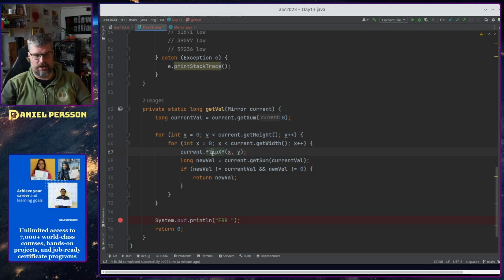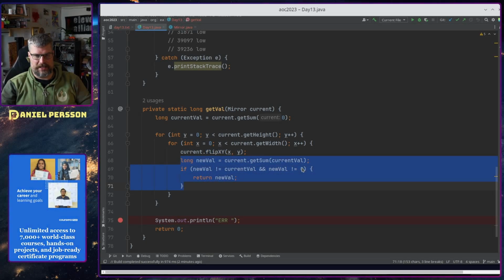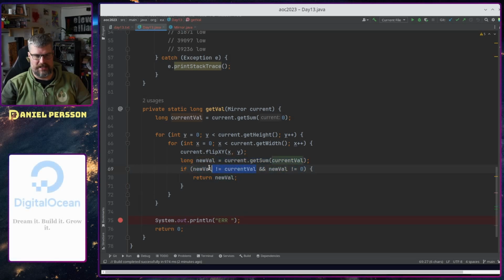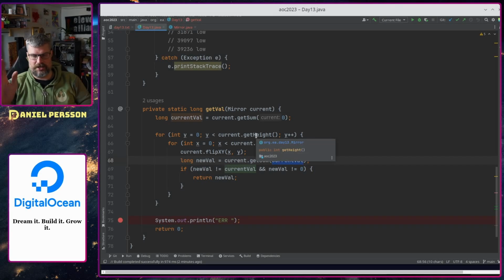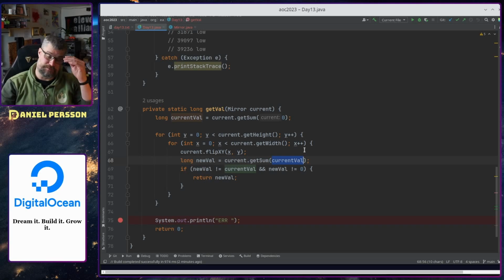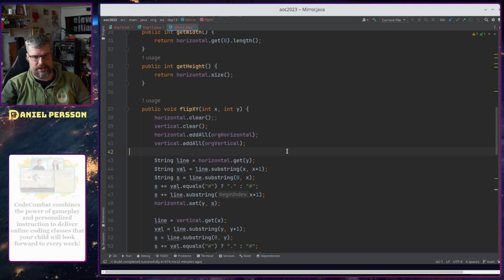go through and do a flip XY, so we just flip between off and on in X and Y, and then we calculate the sum again and see that we don't get the same value here or 0, and then we will return that. Otherwise I will say, okay, I didn't find anything, error. But we send in the current value here in order to not choose that one. So if this XY here is clearing out the lists and then adding the original, then